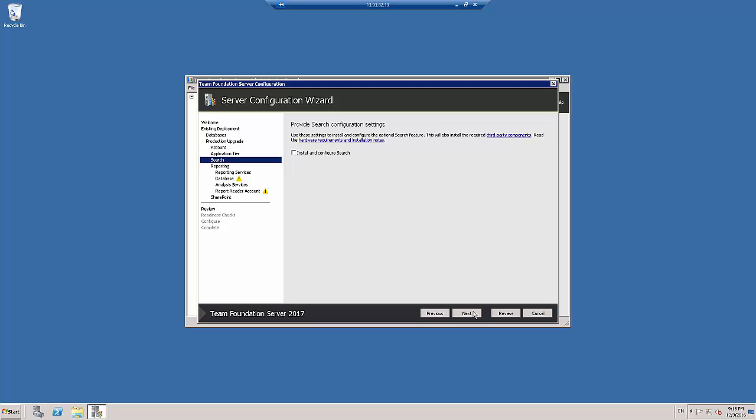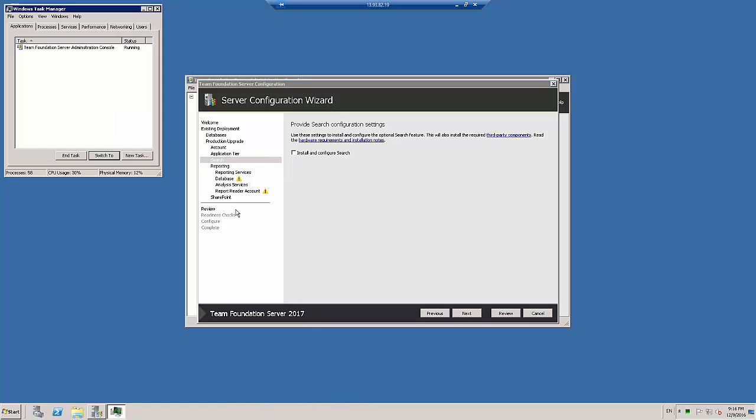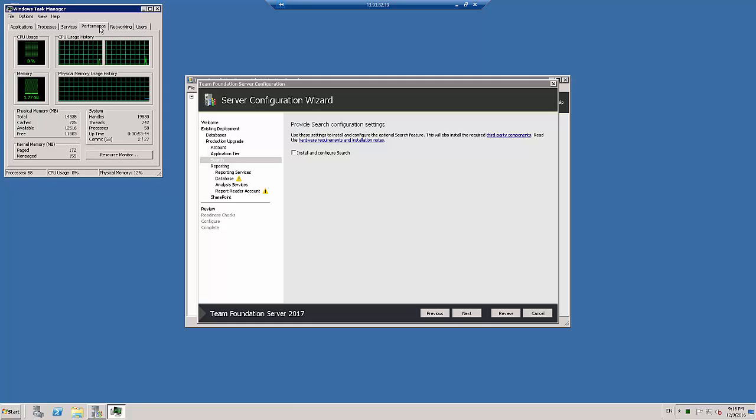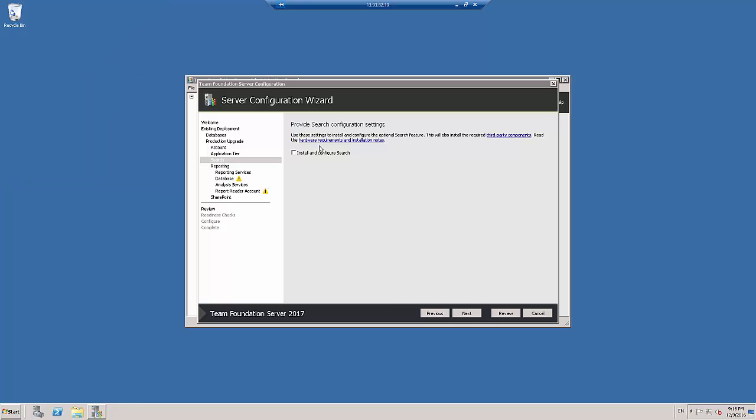Provide search configuration settings. On installing it, it's a very useful feature, to be honest. And ideally, you should be installing it on a separate server because it takes a lot of I/O and disk space as well. And if you want to see the performance, this is doing well. Your memory, your CPU is almost 0. I can't believe that, by the way. Anyway, if your CPU is around 60%, your memory is around 60%, you shouldn't be using this on the same